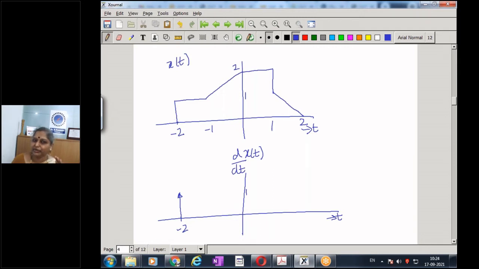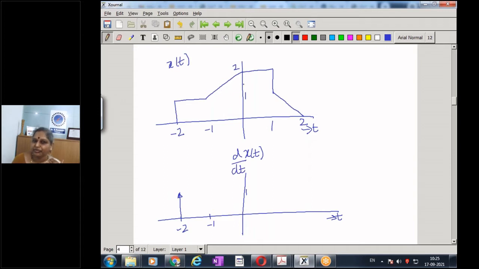Then what happens? So now I have jumped by 1 and I am here. And then I start walking along the signal here, and then I come here. So from minus 2 till minus 1, there is neither an increase nor a decrease in the signal. And we all know the derivative of a constant is 0. So there is no change. The derivative is 0. Now I am here at minus 1. At minus 1, then what happens? There is a constant increase in the amplitude.